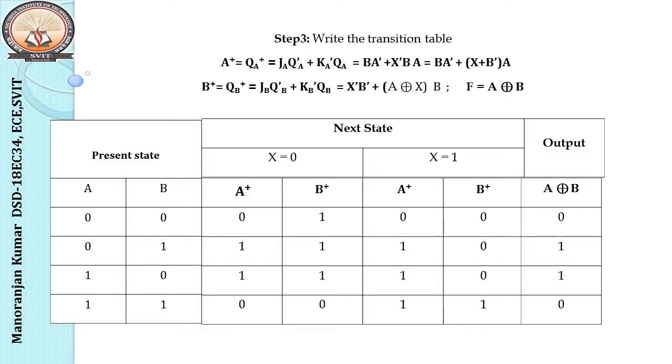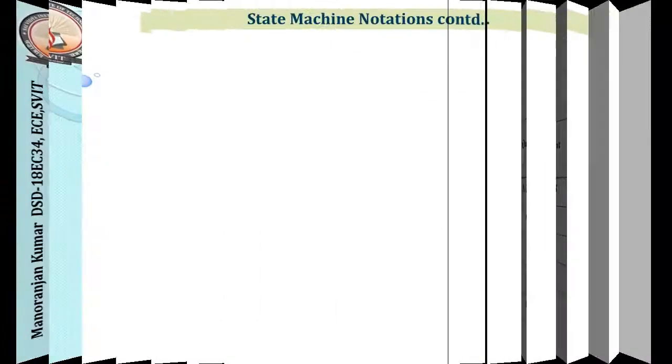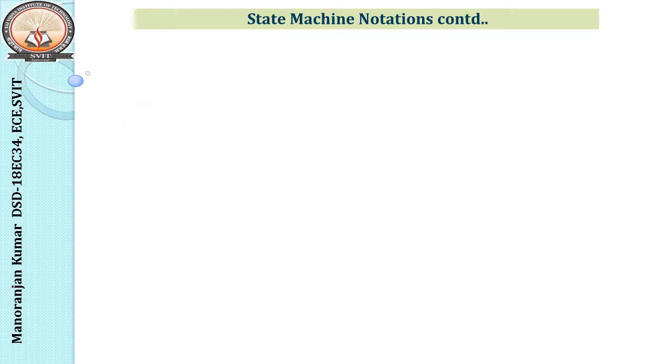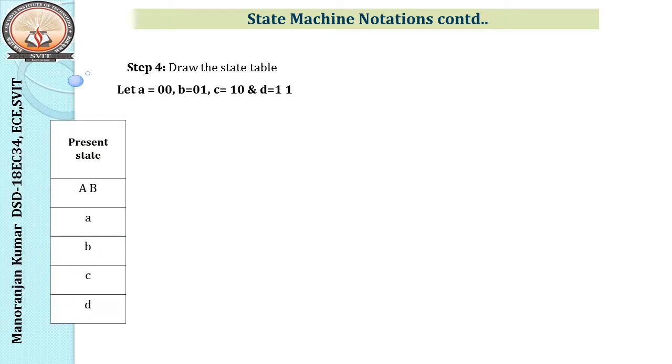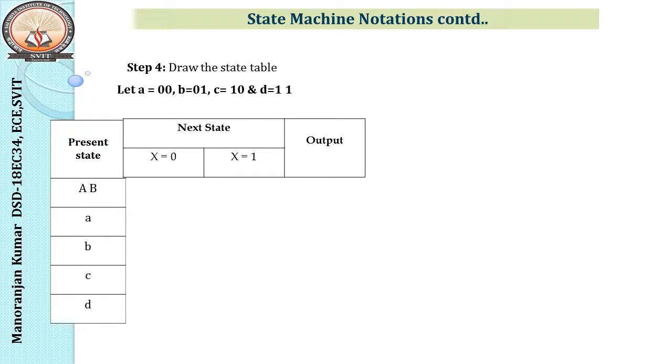Okay. So after getting this value, the state diagram. Here, since we have 4 states, I have assumed those values as A equal to 0 0, B equal to 0 1, C equal to 1 0, and D equal to 1 1. So let us take this present state. Instead of writing 0 0, 0 1, 1 0 and 1 1, I have written A B C D here. So we'll see what our next state will be.